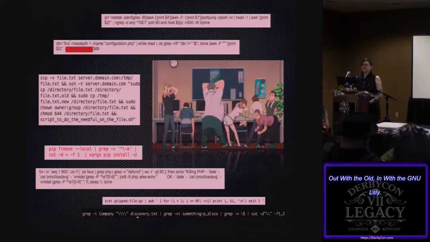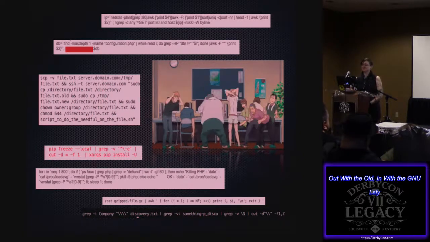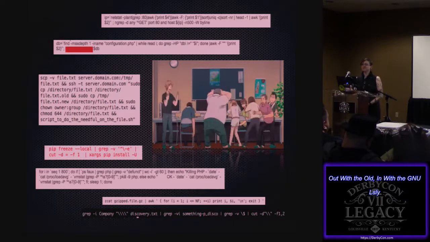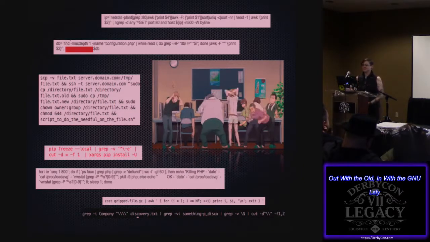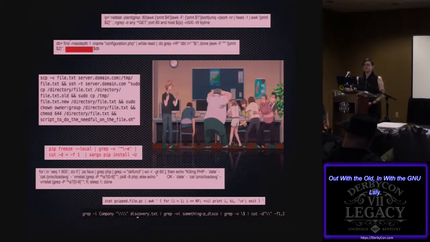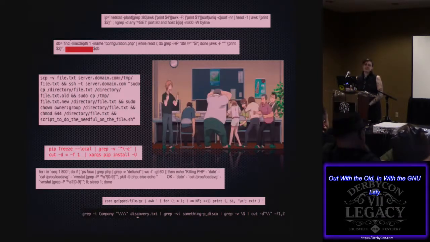I use ack and ag 99% of the time. Until I get into a server at work, and then I immediately use grep because none of them have those commands. But I just wanted to ask, what's your opinion on other commands that are actually a lot better than the default ones a lot of the time, but aren't on the host systems? But are almost never on any host system.